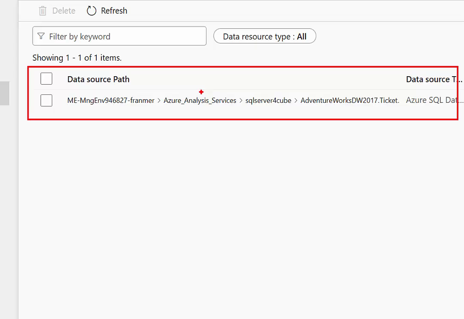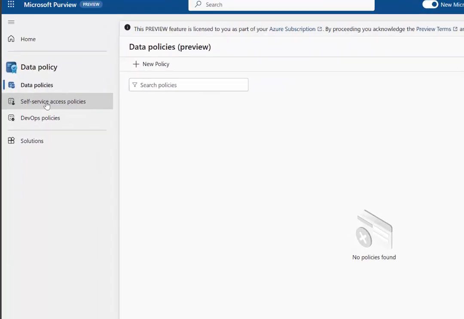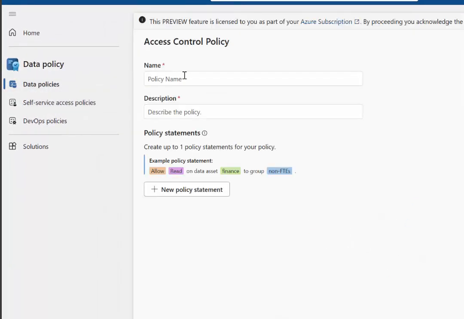So Microsoft Purview, its data catalog, it's able to add access in read-only mode. That's important. Read-only mode automatically in the self-service access policies to give access to Dorothy Parker. If it's not the case, you can also manually create your policies